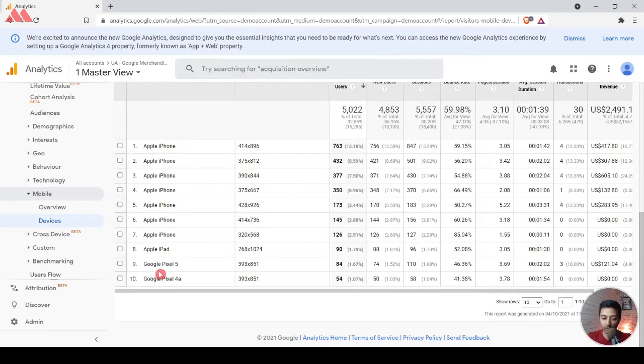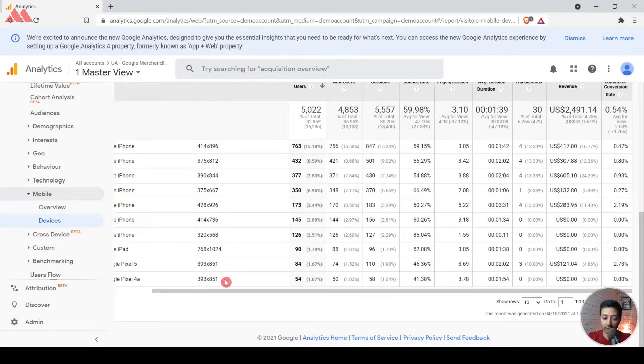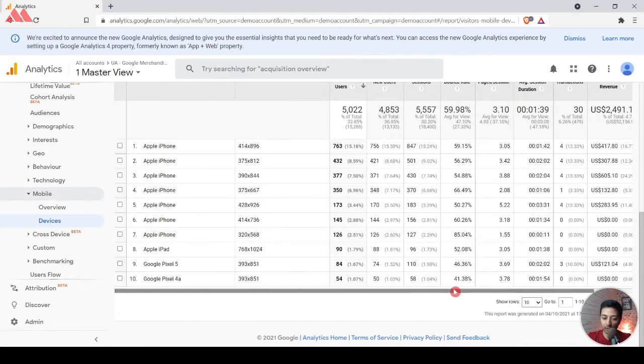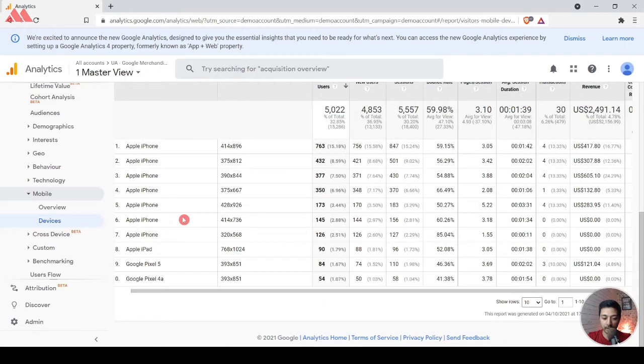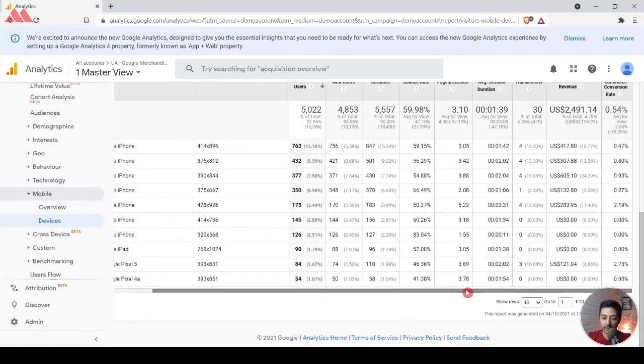For the Google Pixel 5, we can see that for this screen resolution, the conversion is good. And for all the Apple iPad and iPhone with these screen resolutions, the conversion is very bad. Along with that, there is a little bit of improvement in this screen resolution. So this is what we should check and see why these screen resolutions are not converting well.